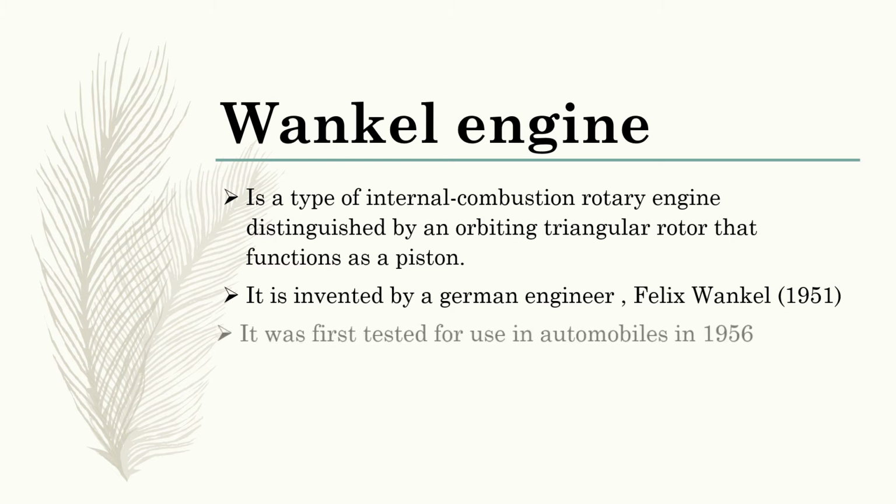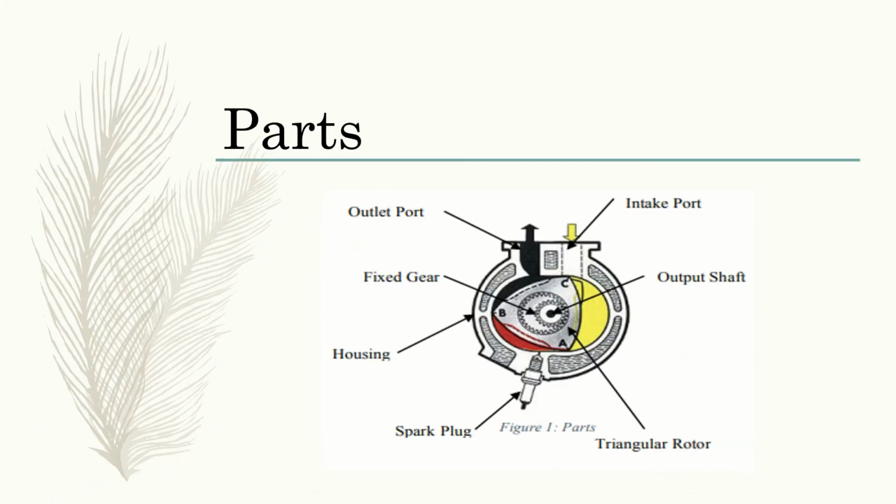It was first tested for use in automobiles in 1956. Let's now talk first about the parts of the Wankel engine. The first one is the intake port. It is the entry point for the gas into the engine. The next one is the output shaft that moves the rotational kinetic energy from the rotor to the rest of